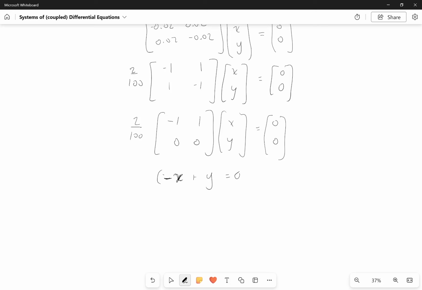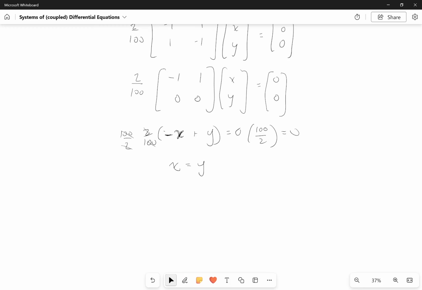That's what we have. Actually, if you do this, you could say 2 out of, let's be exact, right? And then I multiply both sides by 100 over 2. Okay, and they cancel, and then this becomes, it's still 0. So what I have is that x equals y. So my first eigenvector, the